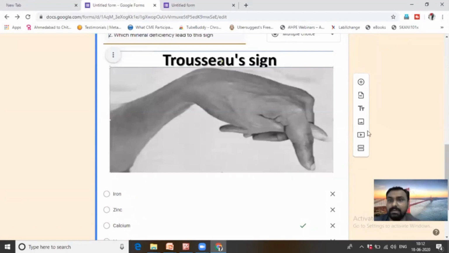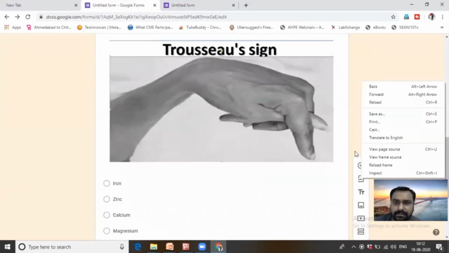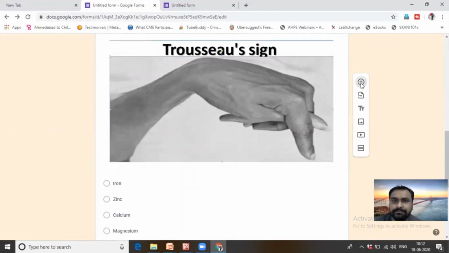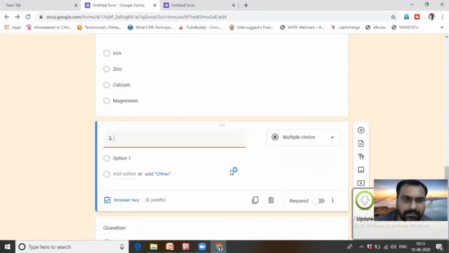Suppose I want to make a multiple type of choice question, then I am selecting this add question, right? And this is the 3rd question. Select correct answer. Okay.